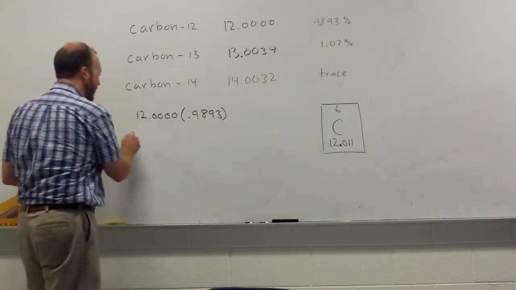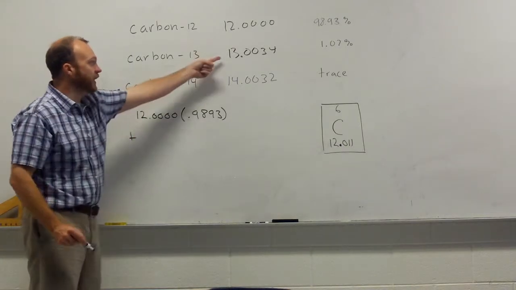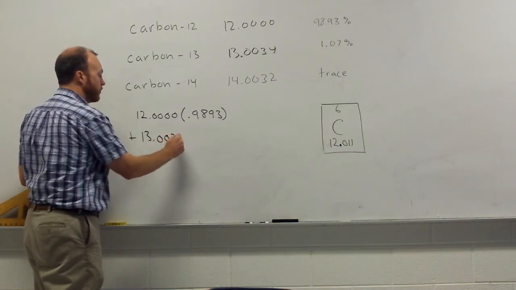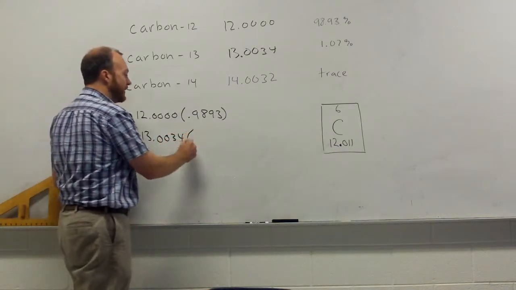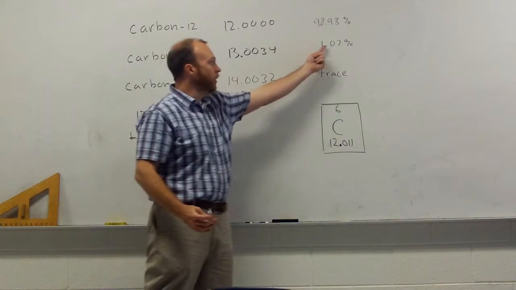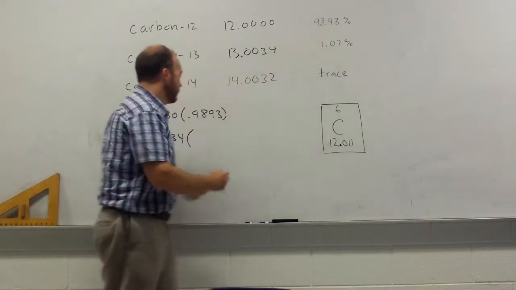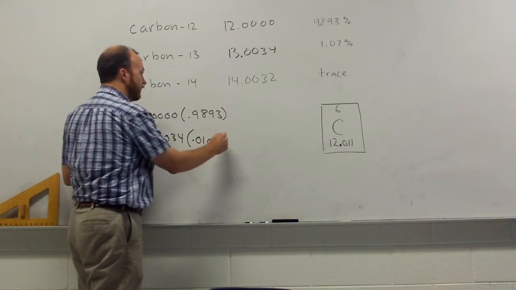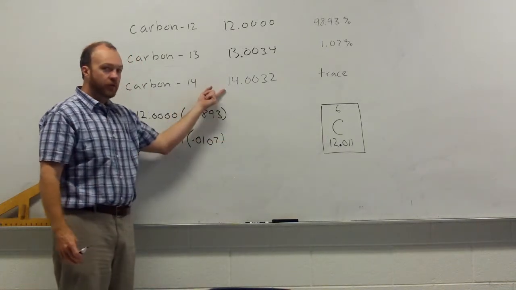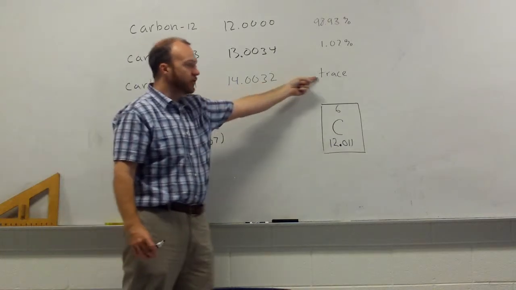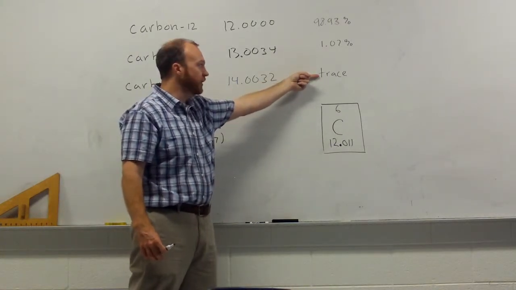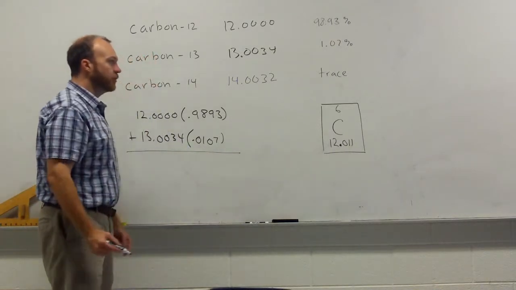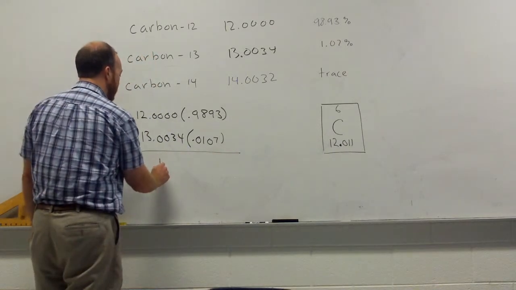Then we are going to add the mass of the next isotope, which is 13.0034, and we're going to multiply it by its natural abundance, 1.07%, which we can write as a decimal as 0.0107. We're not going to include the carbon-14 in our calculation because it occurs in such small amounts that it doesn't really affect the mass. So we're just going to do these two values, and if we work those out and add that up, we get